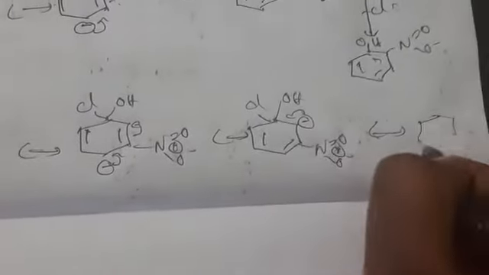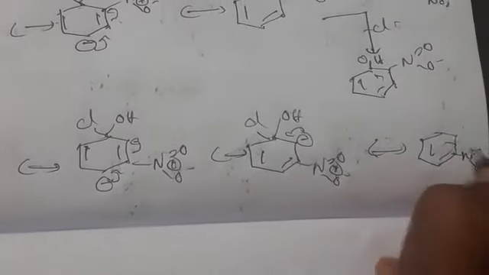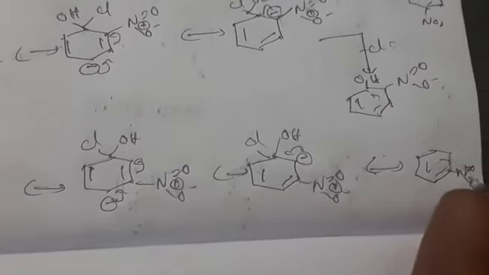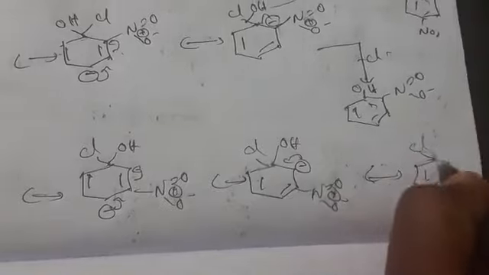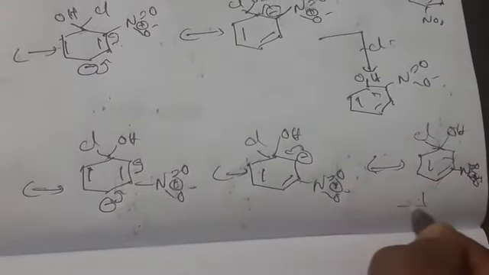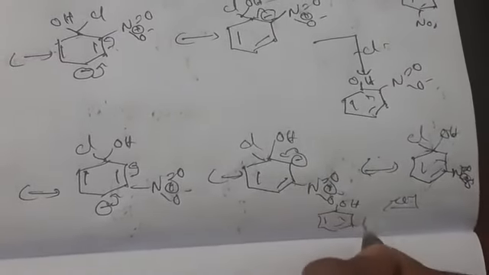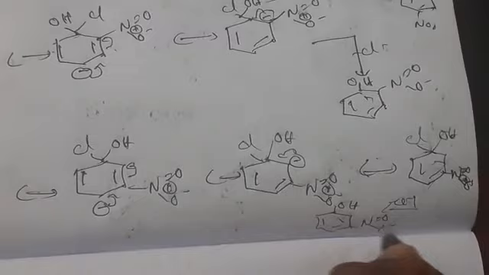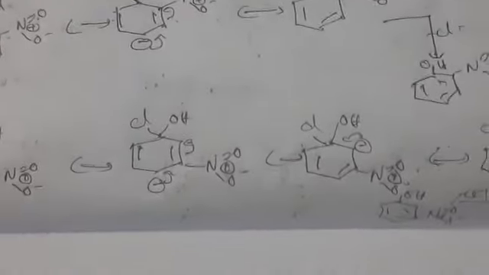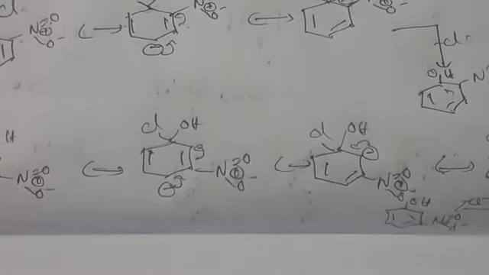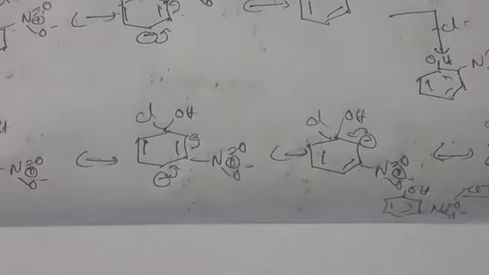If you turn inside, you are going to get the structure like this again. So means what here? Cl OH. So now there will be a loss of Cl minus, you are going to get OH, N double bond O minus plus. So this is the thing we are going to get. So this is at meta position. So here the nitro group